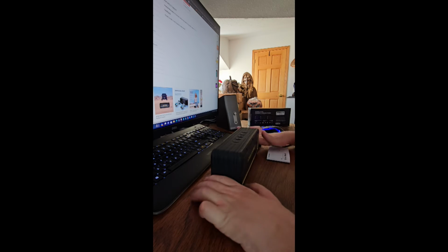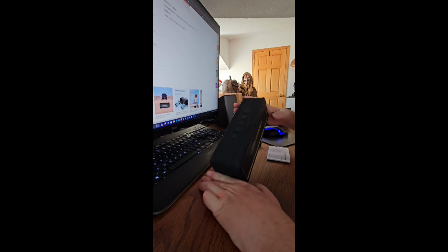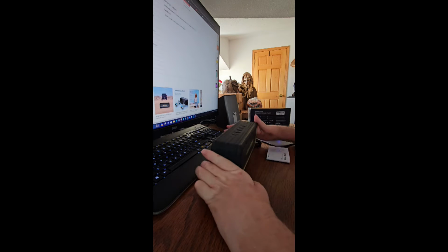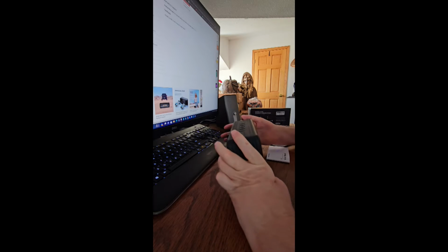What do I use this for? I wanted something that was completely weatherproof. This is IPX7. You can drop this in water and you're going to be okay. I wanted something weatherproof, waterproof that I could put outside and use as a portable speaker in Halloween decorations with animatronics and so forth. So it's basically just going to be outside for a week around Halloween, playing from either an MP3 player or